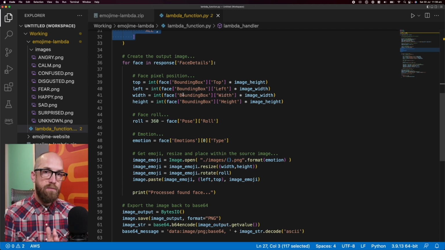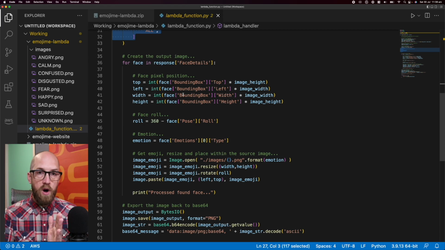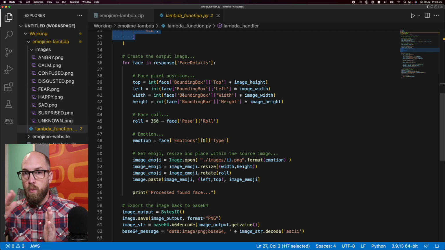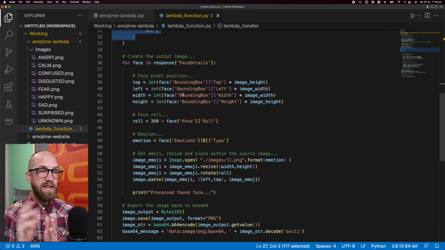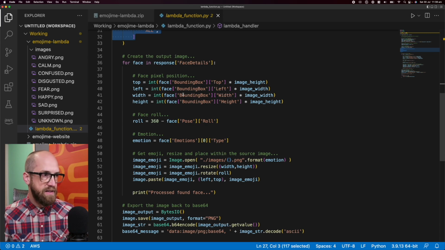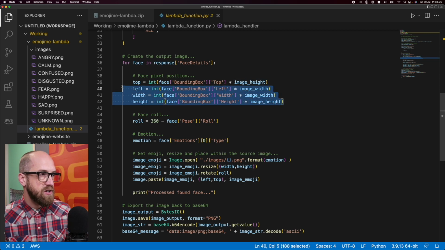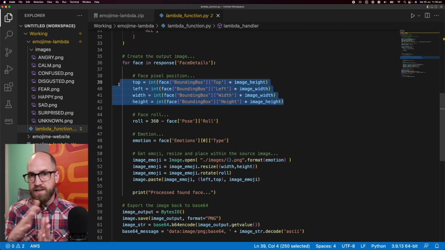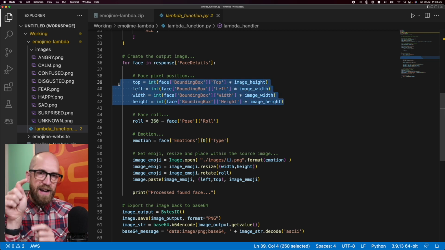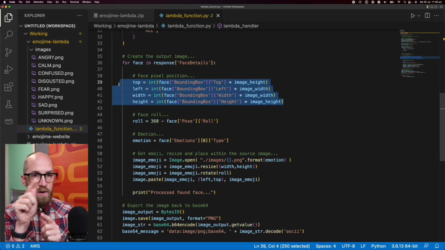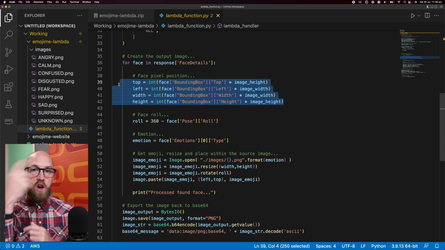So the values we get back are from 0 to 1, 0 being all the way on the left hand side, for example, and then 1 being all the way over on the right hand side. So we need to multiply that value by the number of pixels in the image so that we can have a pixel representation of where the face is. And so that's what I do in this section here, both in the X and the Y axis. We find out the exact pixel location of the top left and the width and the height of the actual